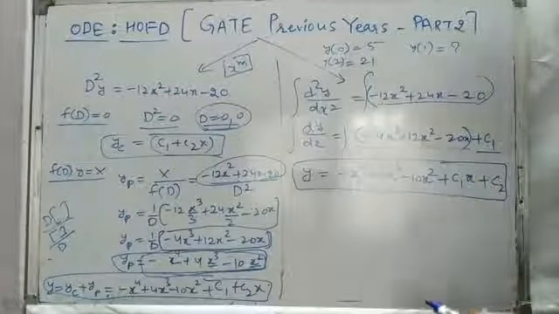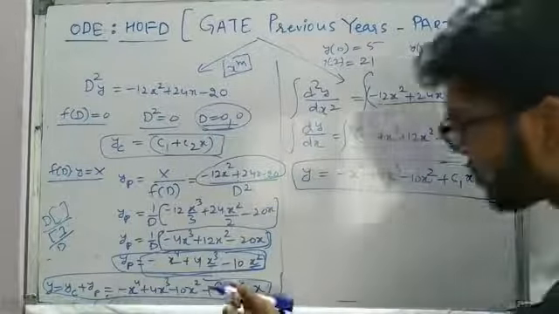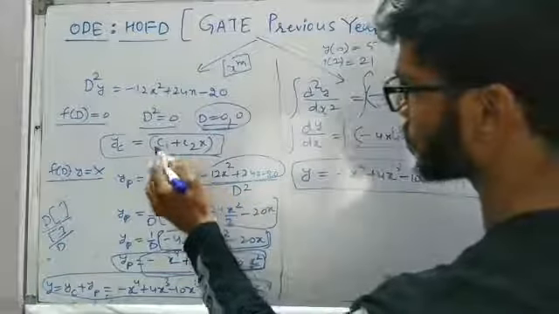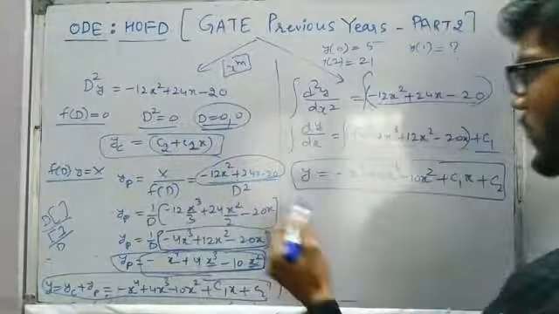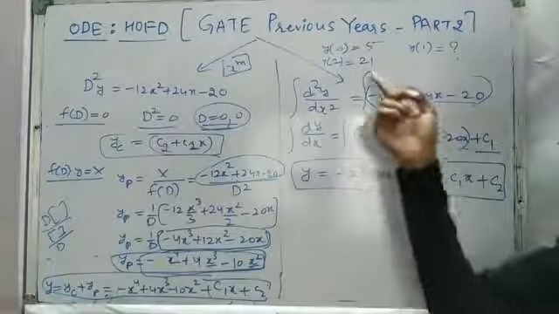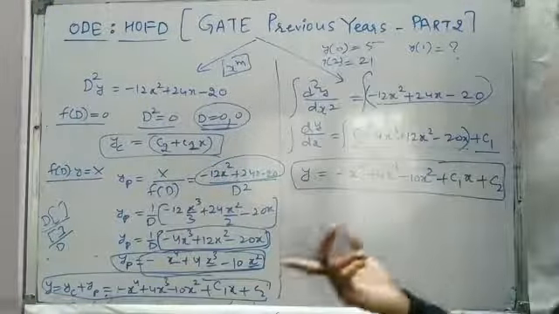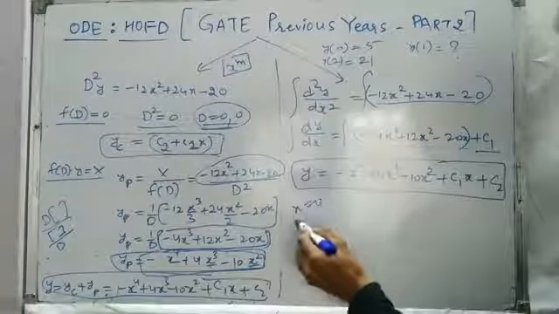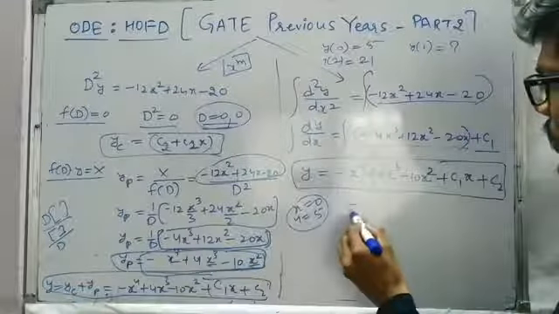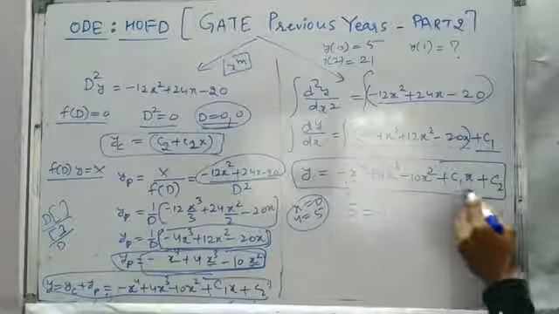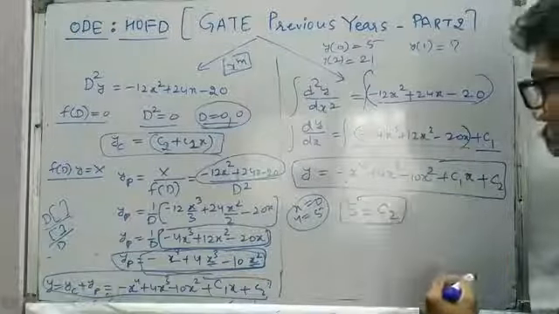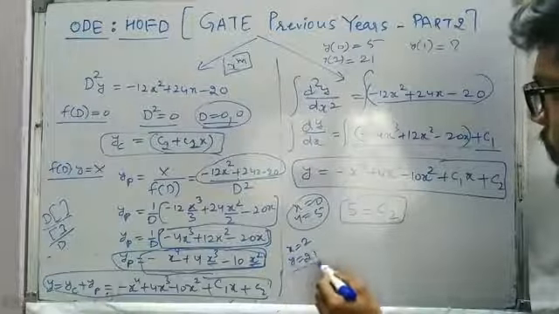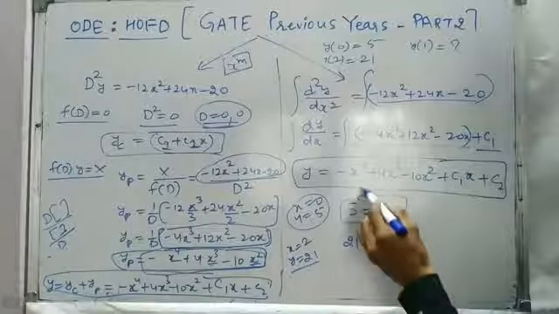So to make it the same, let us write something like c1x plus c2 here also. So c1x plus c2. So this I'll write c2 and this I'll write c1. That is not going to create any effect because anyway we have to make use of the initial conditions, and accordingly we'll get c1 and c2. And now if we make use of the initial condition that x equal to 0, we have y equal to 5. So put it here: 0, 0, 0, this also 0, so we are going to get c2 directly as 5. And the second condition: at x equal to 2, the value of y is equal to 21. So y is equal to 21 and x equal to 2.